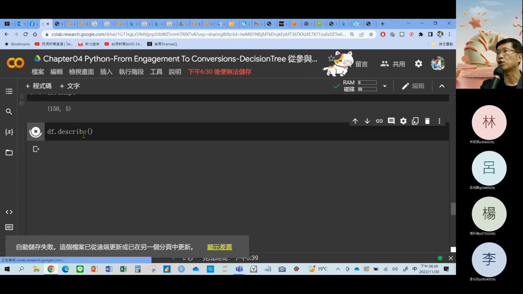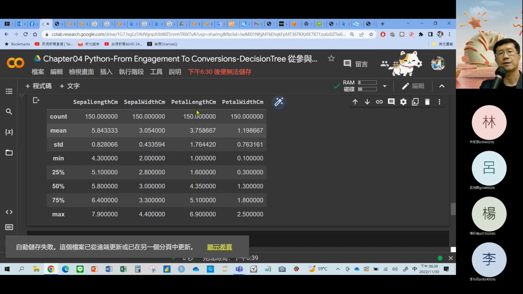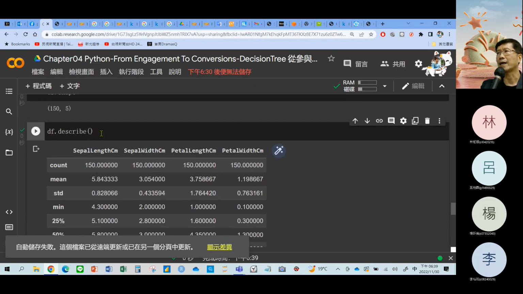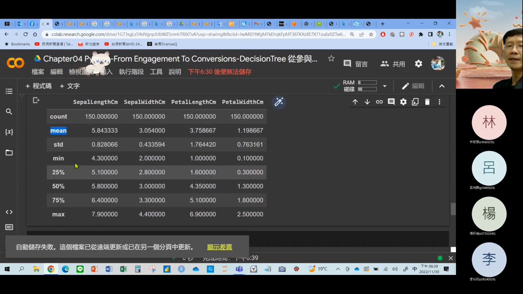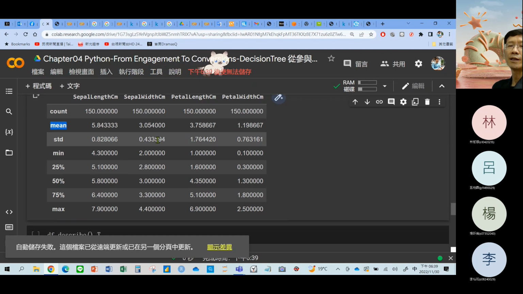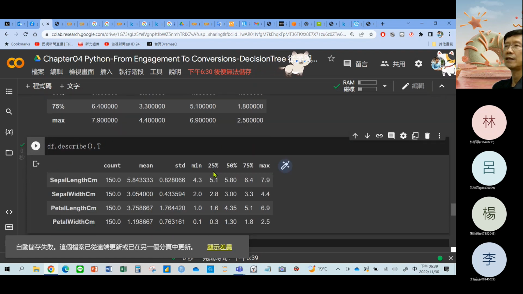Describe. Please show me the continued variables. Describe. 这个是叙述性统计，OK? So you can see the mean, average for each column, 平均值。You can see the minimum and the maximum value for each column，对不对？这些都是基本的哦。